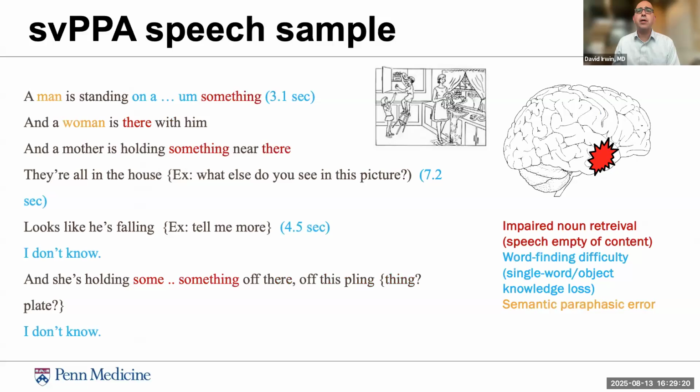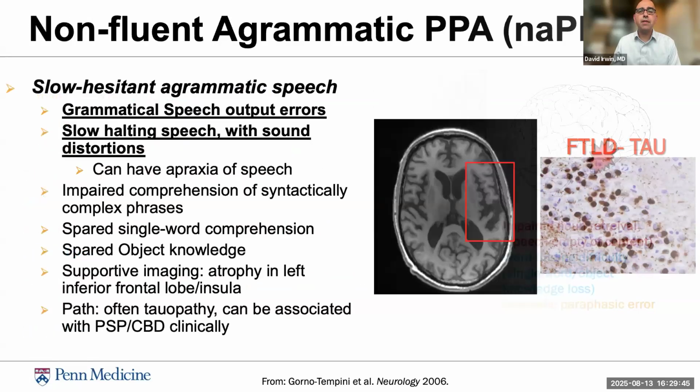The other is the non-fluent. Here's just to illustrate an example of the speech. This is a speech transcription from a patient who received the cookie theft picture. What's illustrated here is that the content of the story is lacking because there's a lack of use of nouns from semantic loss. And the rate of speech is within the normal range.